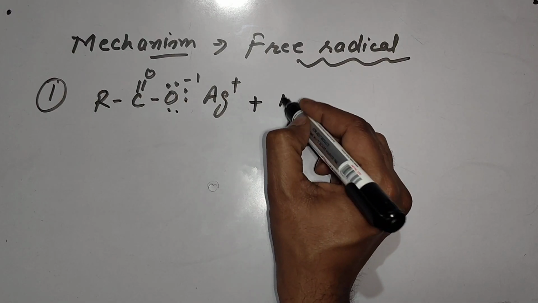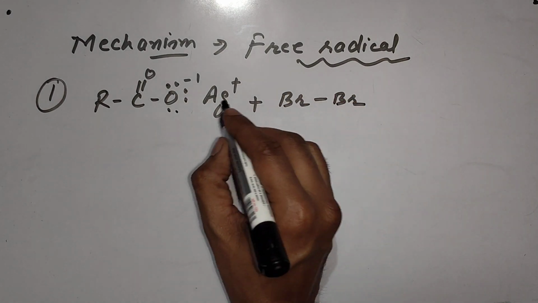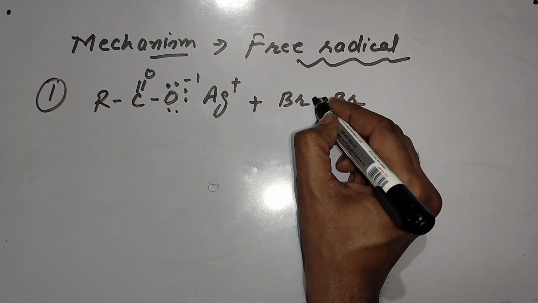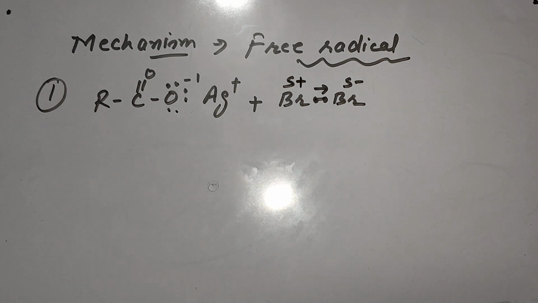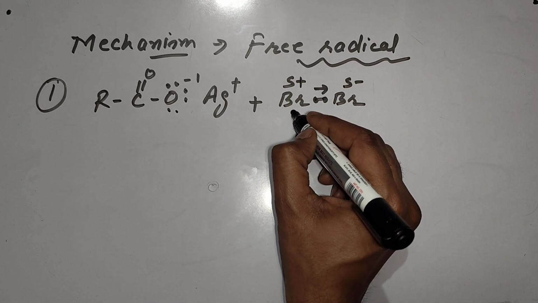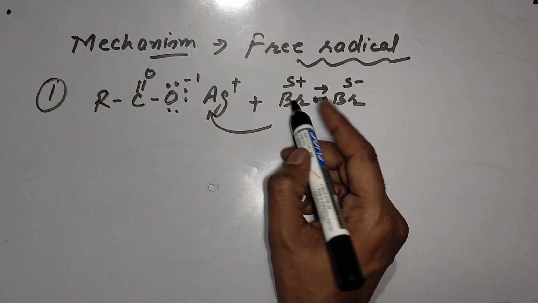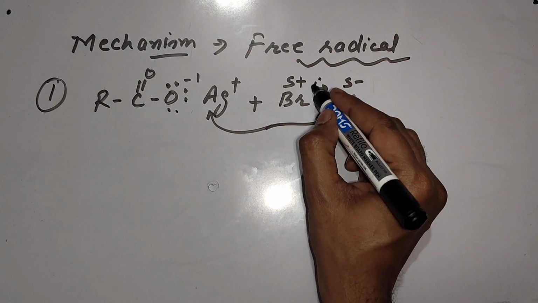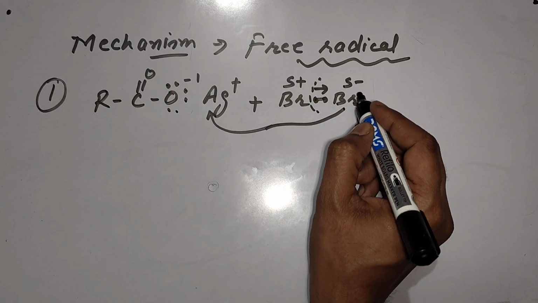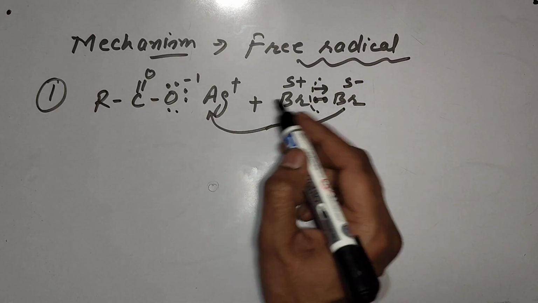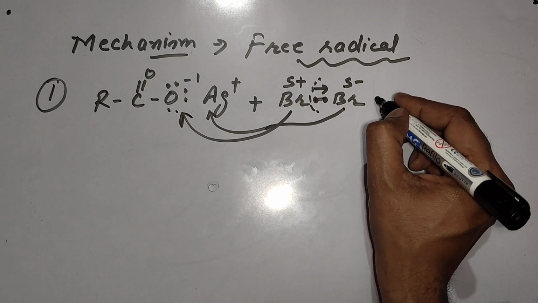This particle will come in contact with a non-polarized bromine molecule. Now due to electrons and positive charge, one bromine will have a negative charge and one bromine will have a positive charge. The negatively charged bromine will attack silver, and the bromine bond will break, both electrons shifting toward bromine, and the positively charged bromine will attack oxygen, and we will get